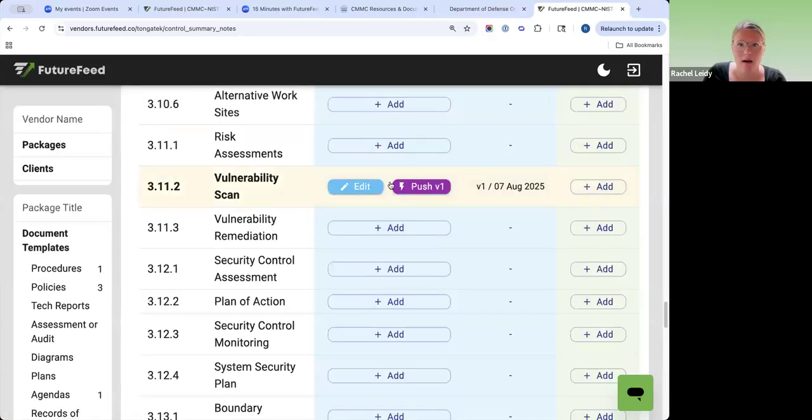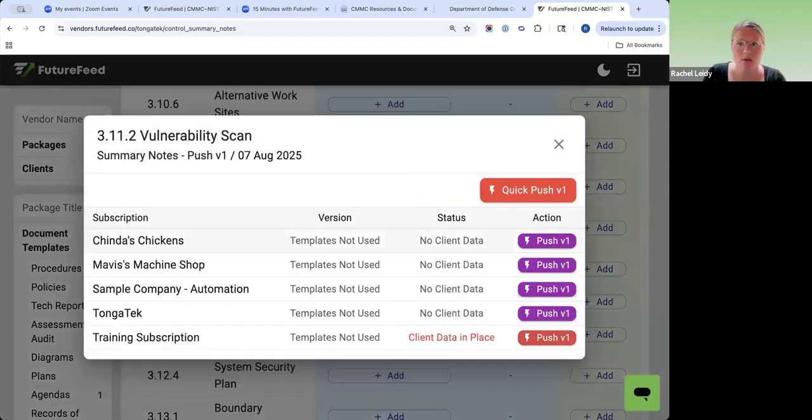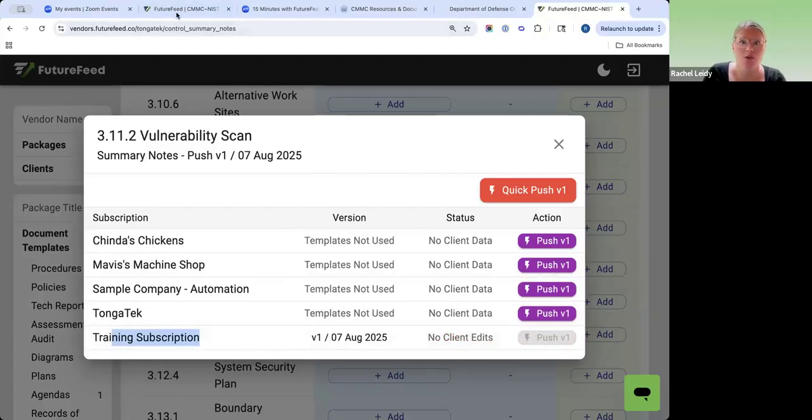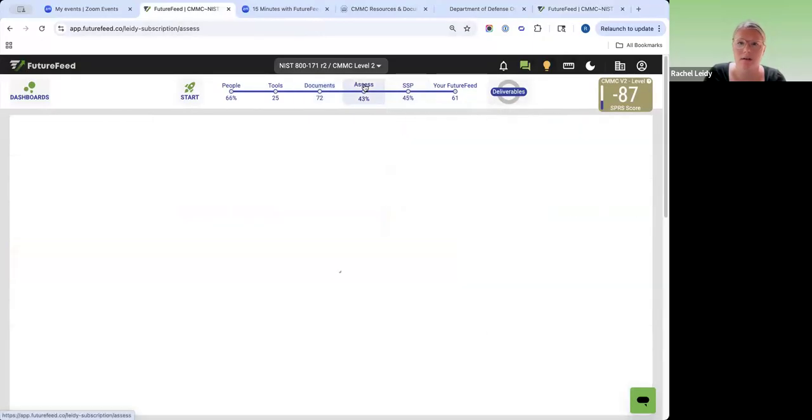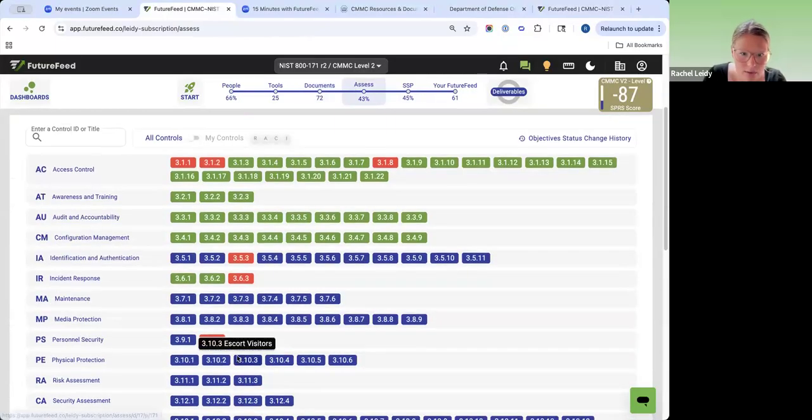Close out of that. And now I can push it to my clients. So I can control who I want to push it to. I'll just push it to me. So I'm going to push that update to me. Now I'll show you what your clients would see. If I go into that 311 control over here, 311-2,